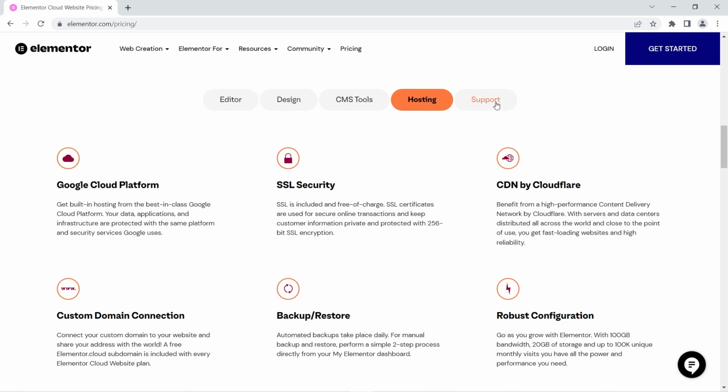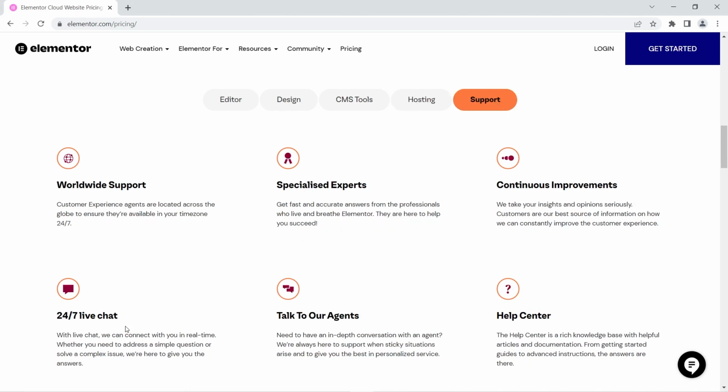Now as far as the support is concerned, you get access to live chat, specialized experts, worldwide support. You can talk to their agents anytime. Plus there is a huge documentation that Elementor has created for you. On top of this, creators like me are also creating articles around Elementor Cloud website, so you can follow them as well,